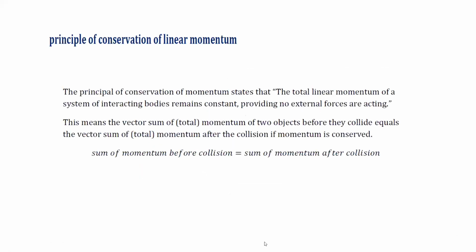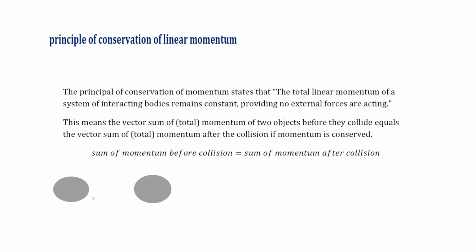Then what is the principle of conservation of linear momentum? The conservation of linear momentum states that the total linear momentum of a system is constant, or in the absence of external force, the total momentum before collision is equal to the total momentum after collision. So momentum is always conserved in an isolated system, a system which is not influenced by frictional force or air resistance. Example, we have two objects